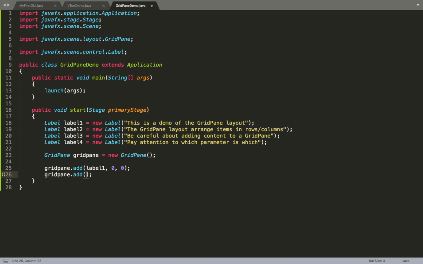For the next part, I want to go ahead and add the second label. So this is going to be right across from the first label. So the second parameter, this will be for label 2. The second parameter is going to be specifying the column, and the third parameter is going to be specifying the row. So if I do this, this is going to put this at column 1 and row 0. And just to demonstrate real quick what this looks like with just these two, let's go ahead and finish out